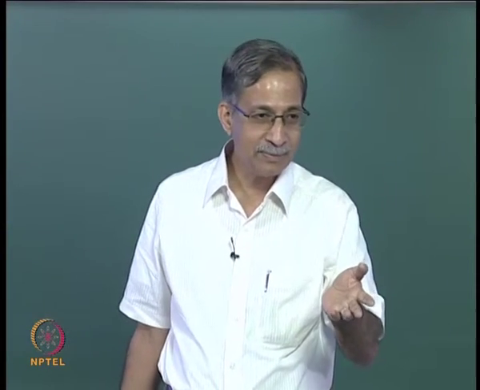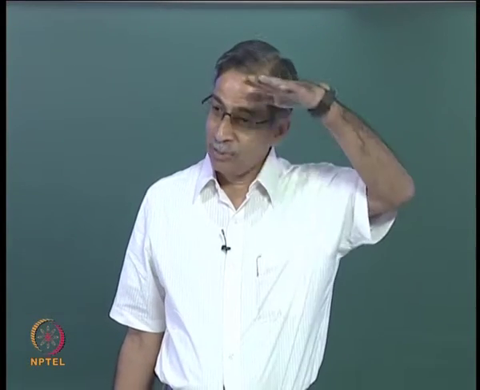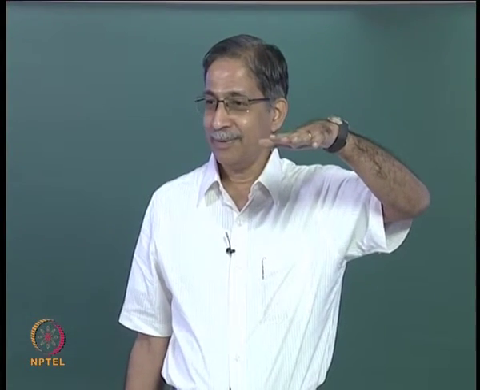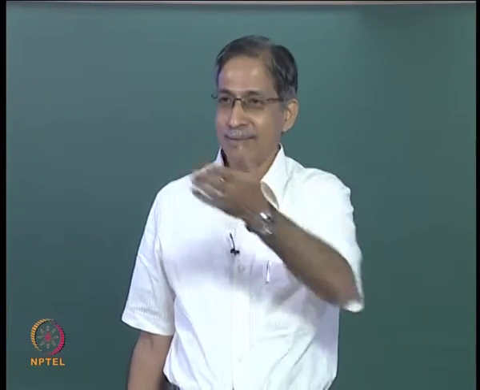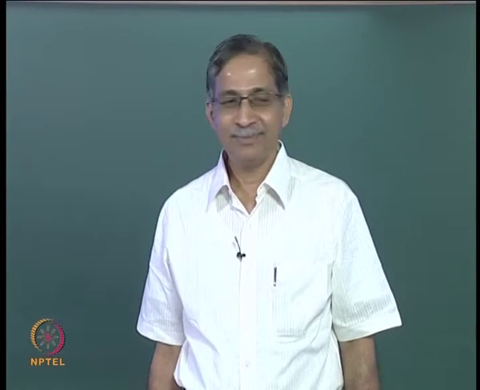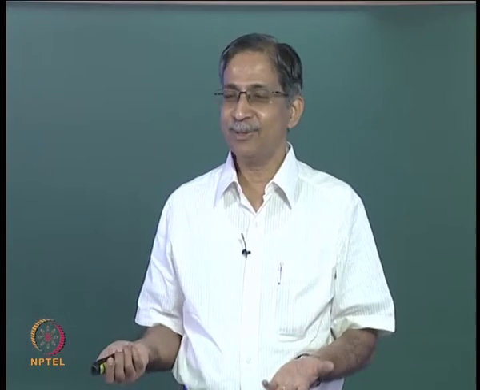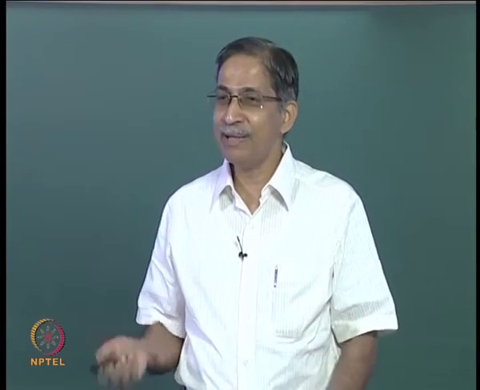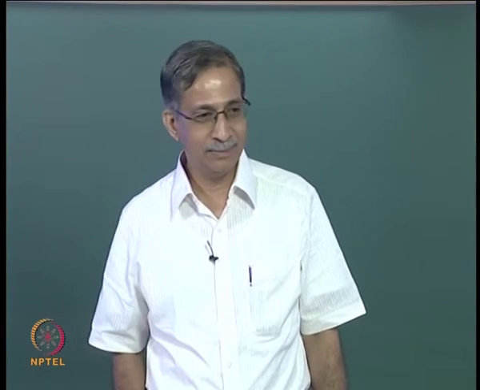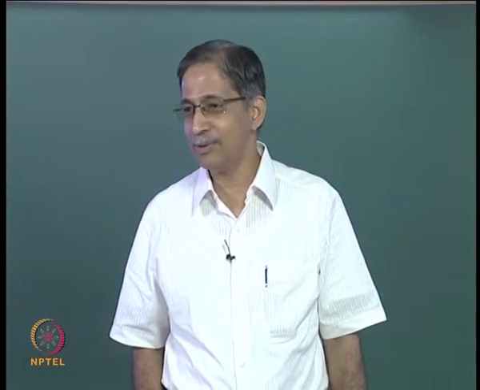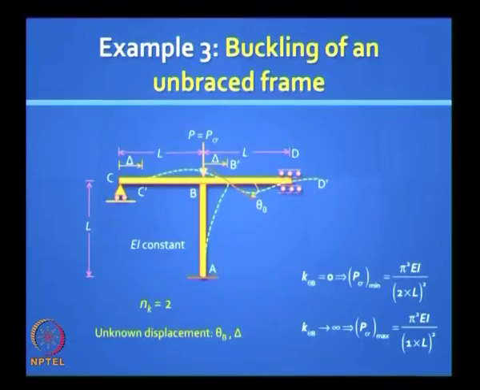So what's your K effective? 2. Cantilever is 2. Let's say it's fully fixed against rotation and guided. How much will it be? 1. So that's it, 1 and 2. No 0.7 here. Got it? You have to just use your brains. First of all, you should know that in an unbraced situation, you will never get a K value less than 1. So 0.7 is ruled out. It has to be greater than or equal to 1. Clear? Okay, so that's a good guess.